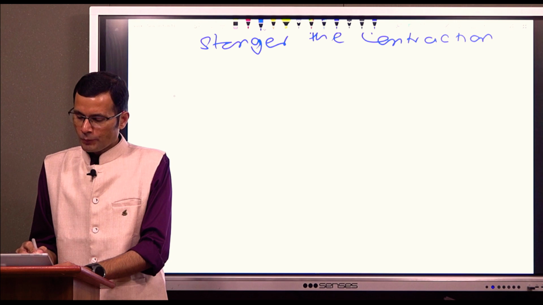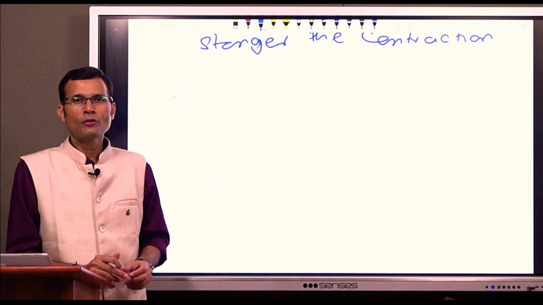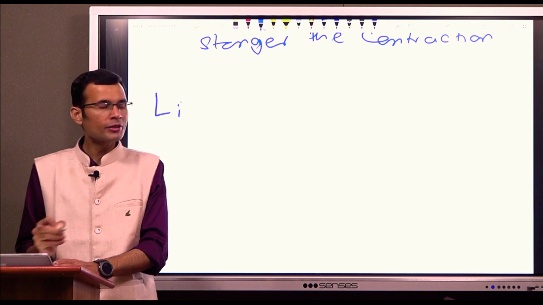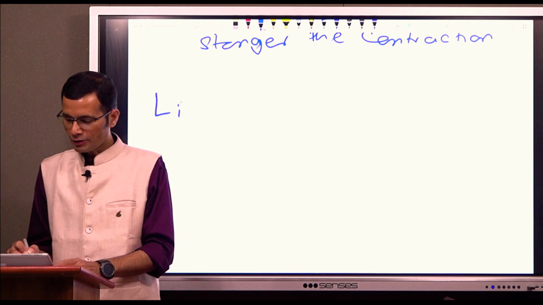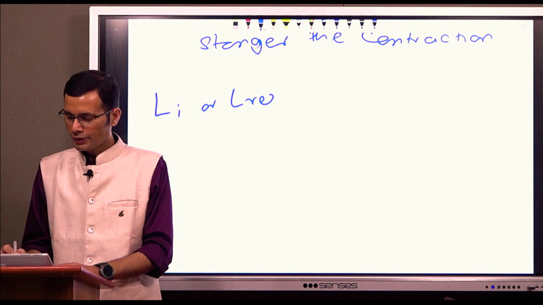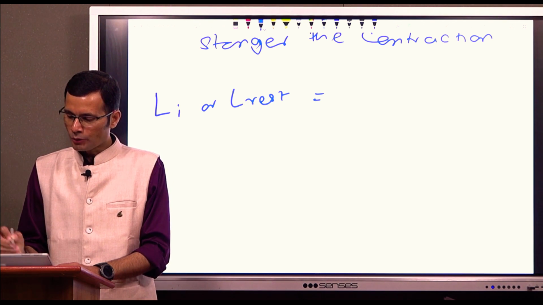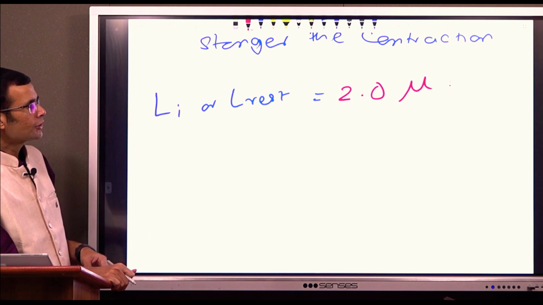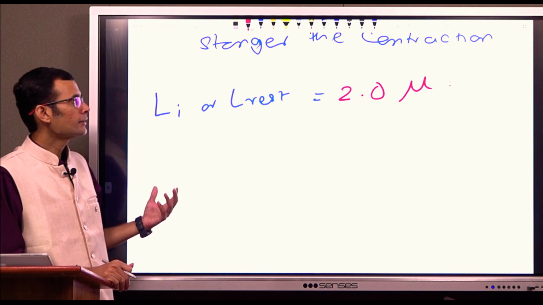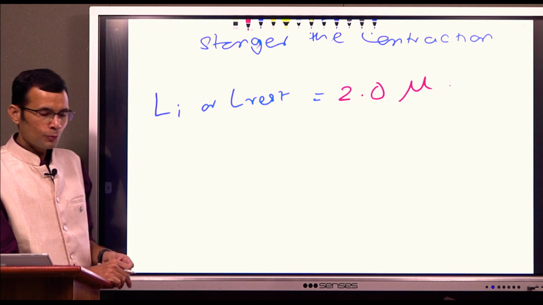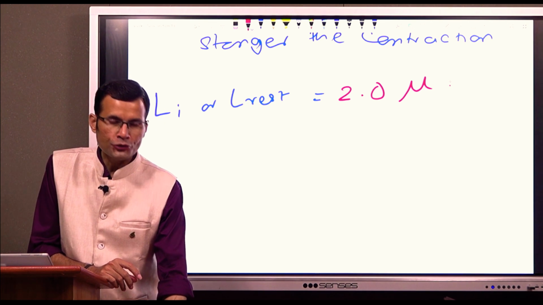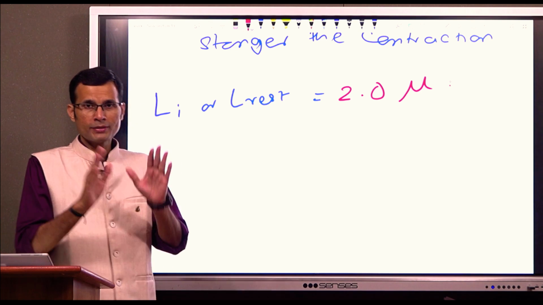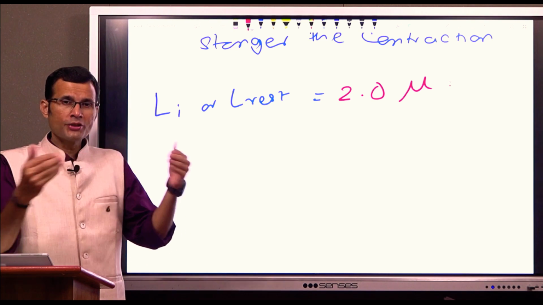Now, what is the normal resting length of the sarcomere? The normal resting length of the sarcomere, which is generally referred to as length initial or length resting, is about 2 microns. On an average, 2 microns is the length of the sarcomere. Now imagine you stretch the muscle, increase the length. The muscle is in a resting state, stretch the muscle,